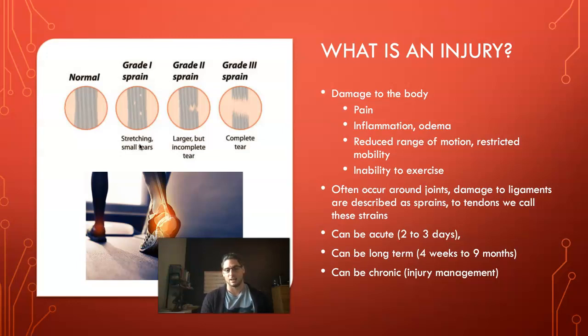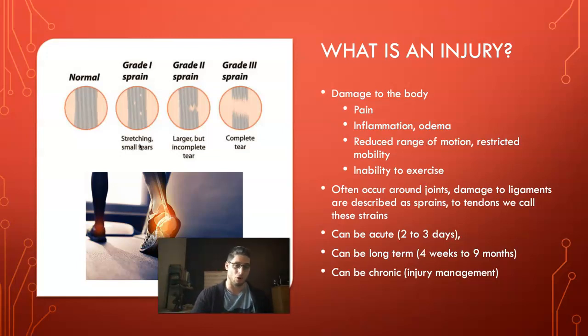And then with any injury, very often that leads to inflammation. With the inflammation, you get a reduced range of motion, and we've all been there, whereby you stub your toe and you can't move it quite as much as you'd like. You get swelling, so water starts to pool around the area, inflammation starts to go there, it's hot to the touch. People get restricted mobility, and you get an inability to use the joint. And this is really what an injury is.